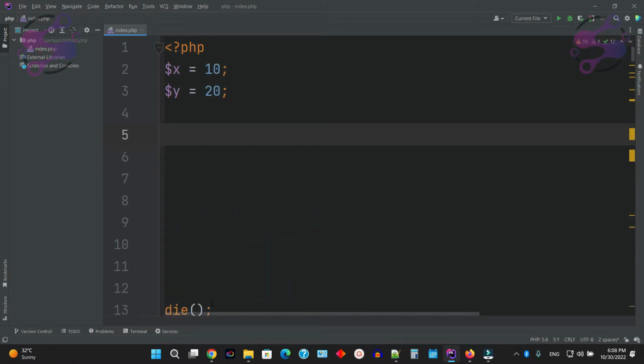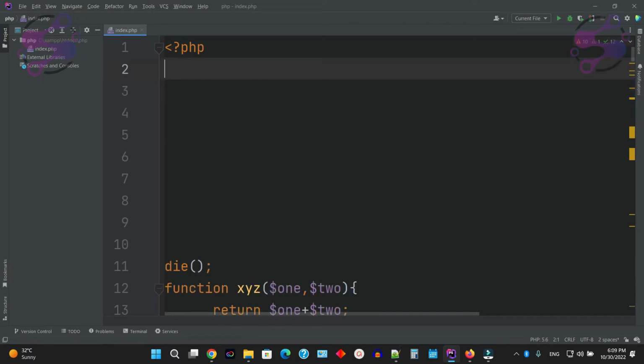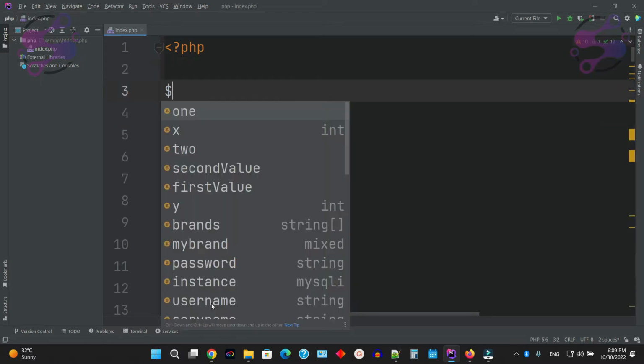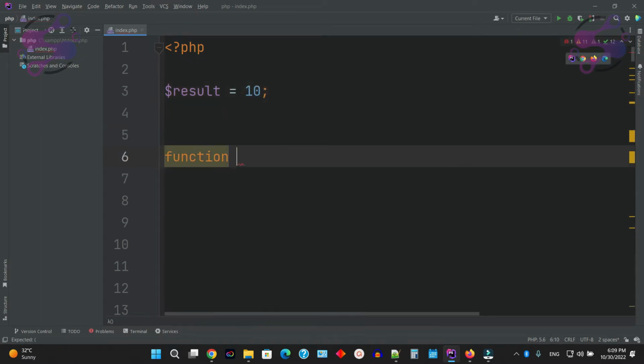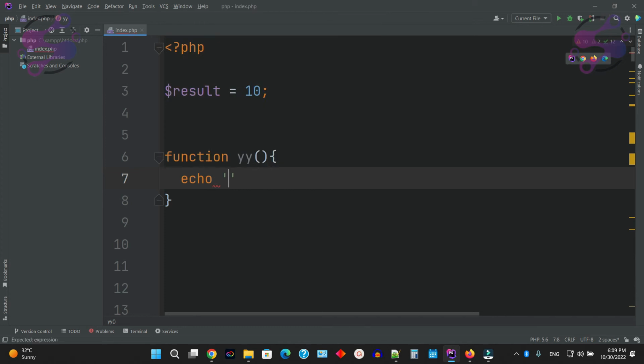If you talk about the scope of the variables, that means you can use the variables at any stage. So let's suppose you have local variables, you also have global variables, and also you have static variables. So you are just creating a result, which is the variable, and you are saying 10. Now create a function. I'm saying y, give your name, it's up to you. Now, if I'm saying function working and using the